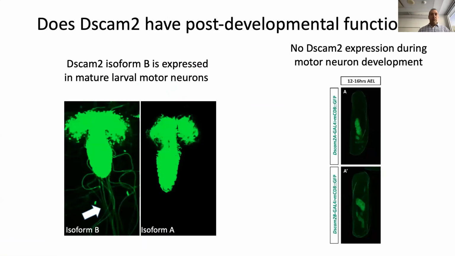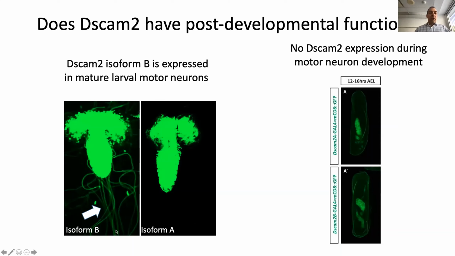What I'm going to talk about today is whether DSCAM2 has post-developmental functions, and it does. We recently published a paper showing the data that I'm going to summarize over the next couple of slides. This started out with an observation that DSCAM2 was expressed in the peripheral nervous system. We'd always worked in the brain, and I had a student come into the lab who was interested in doing some electrophysiology at the neuromuscular junction. And he was able to show that one of the two DSCAM2 isoforms